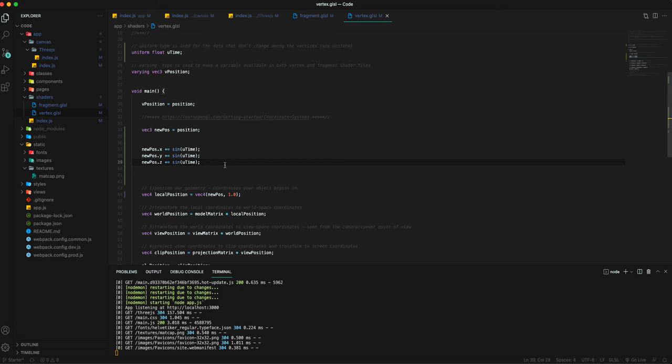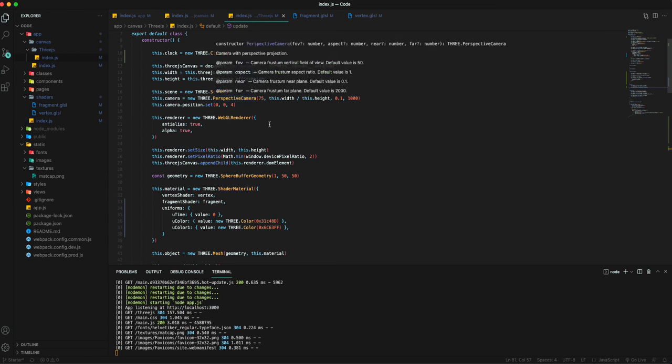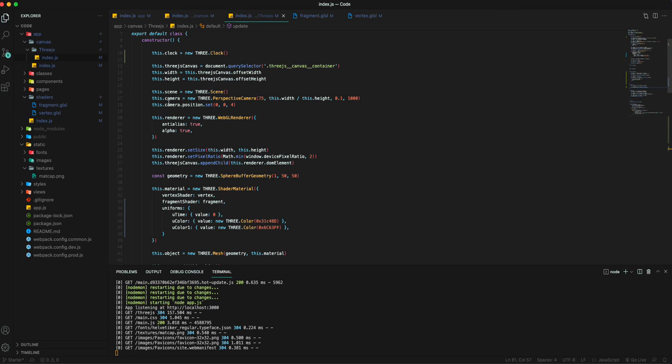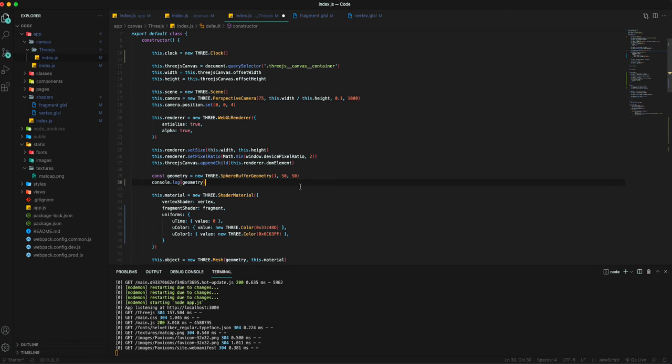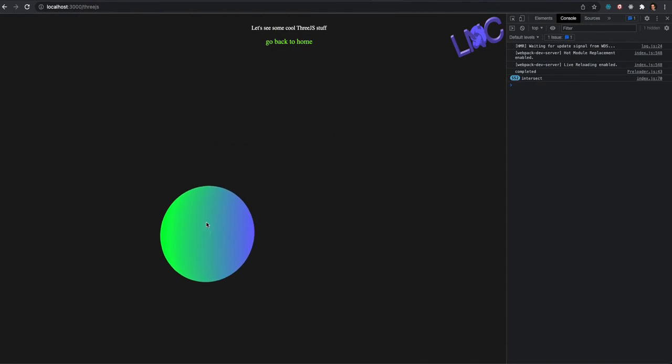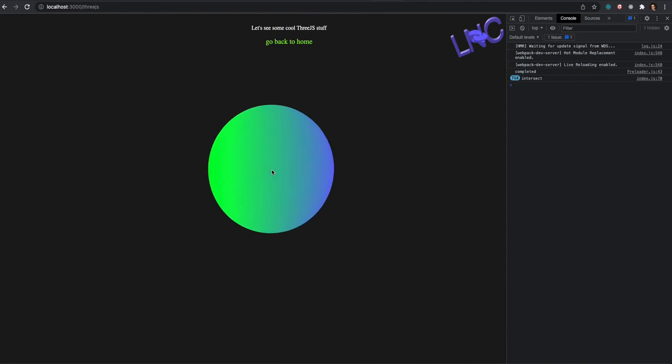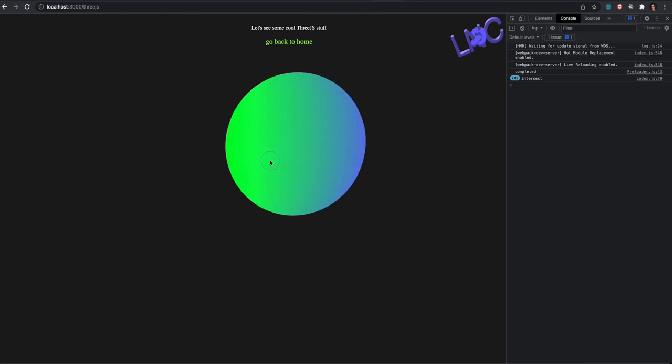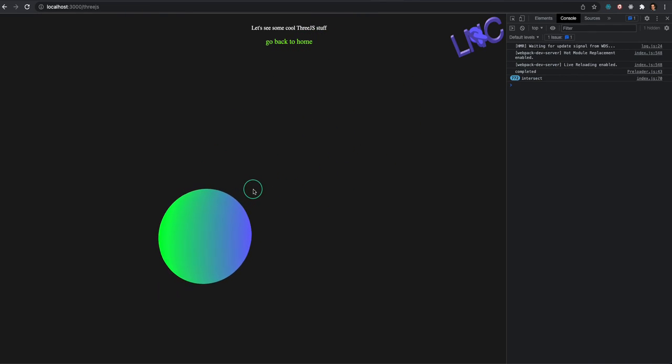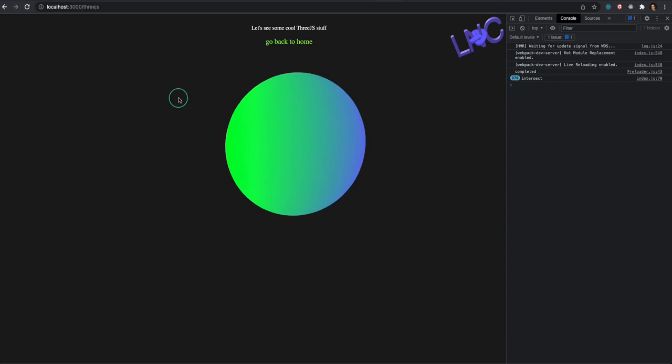So we have u-time here. Let's go back to our Threejs file, the index.js here. Now what we are going to do is add some random variables to our vertices in our geometry, and then we'll animate those variables, and you'll see